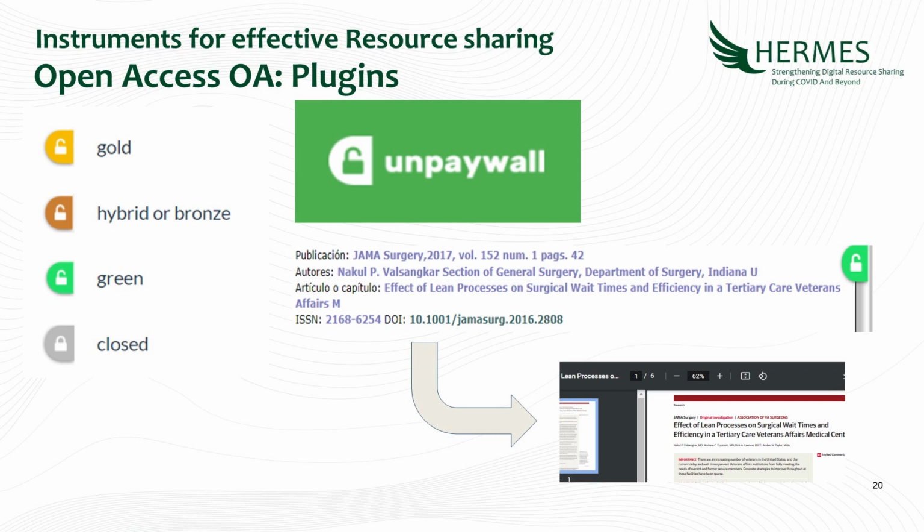If the lock is green, the work is in a repository, and if you click the lock, you can get the full text. Of course, if the text has a Creative Commons license, because in the repositories there are documents